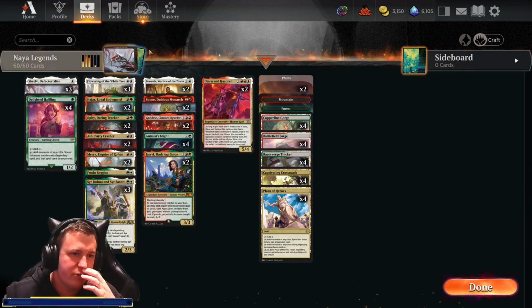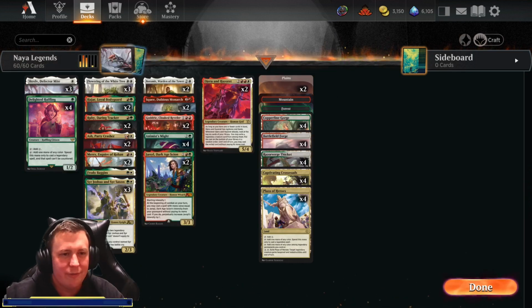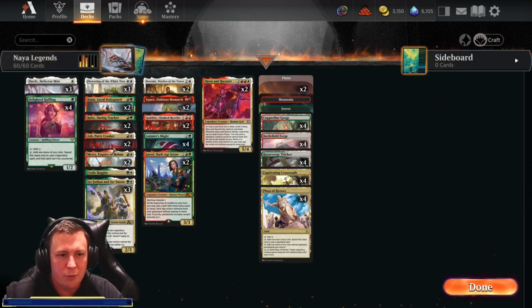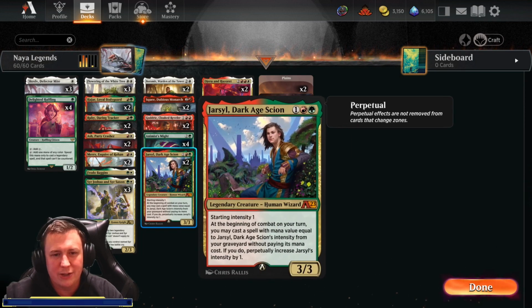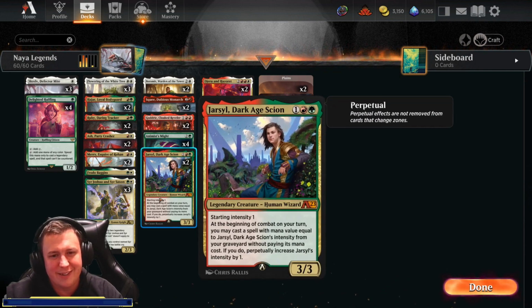People have to deal with Skrelv, or they can't remove your other creatures effectively, and Halfling is a right pain for people when we're putting all of our creatures out. So I think you do tend to find people remove this, and being able to play one of these on turn 1, gets removed, play one of these on turn 2, gets removed, play Jarsyl, they could have run out of removal, and then we get these things back anyway, so it is a nice little effect for those types